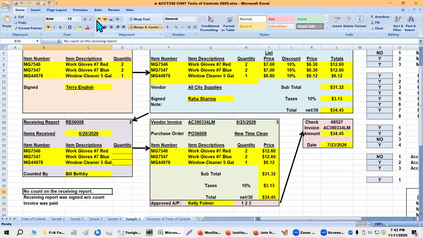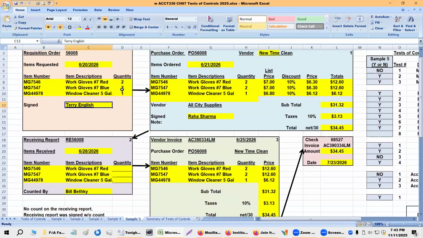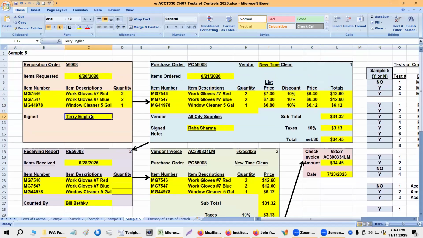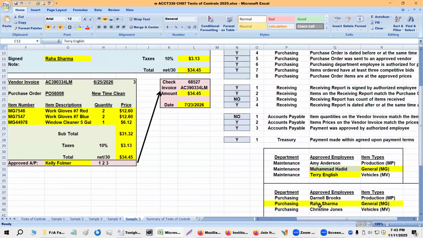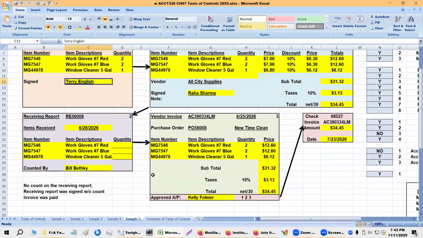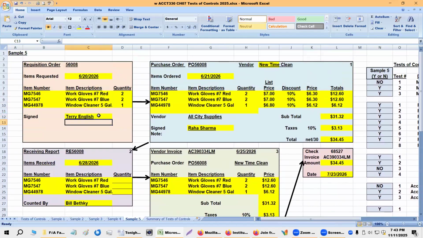even though they don't match up the documents that they have. Okay, now let's go back up here to Terry. Terry English is not authorized to buy stuff and not authorized to put a requisition order in. And yet Terry did, for maintenance stuff. Now Terry is general maintenance. Terry is authorized for what? Vehicles. So, truck stuff and car stuff or whatever. But Terry